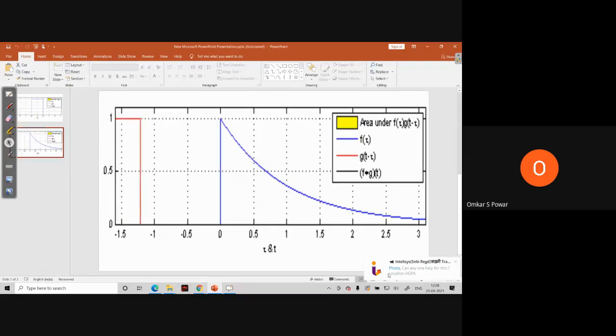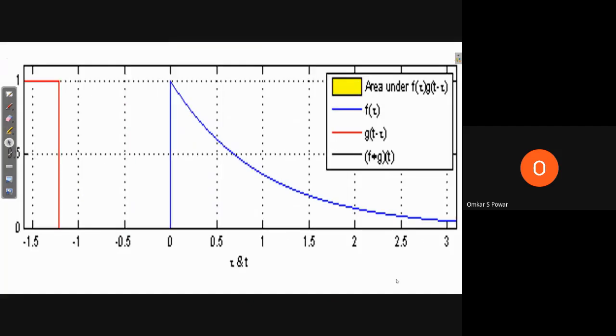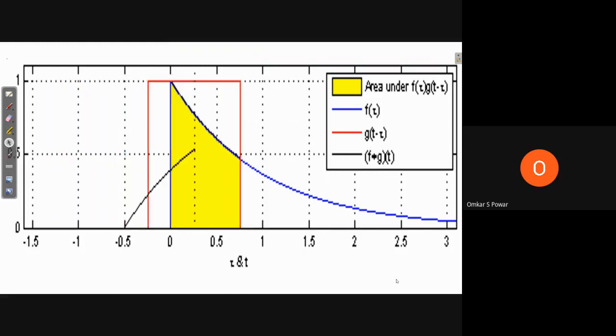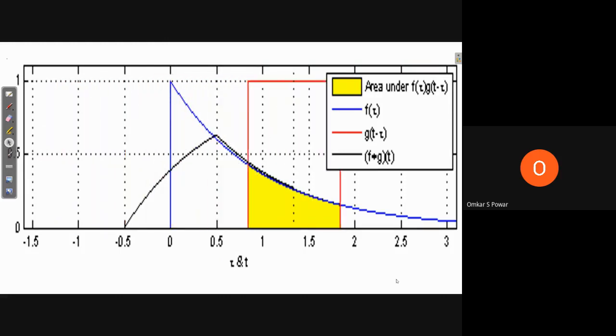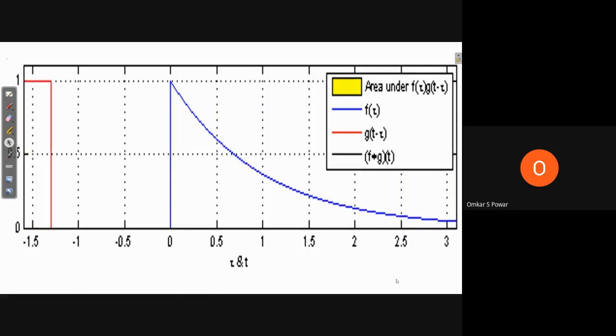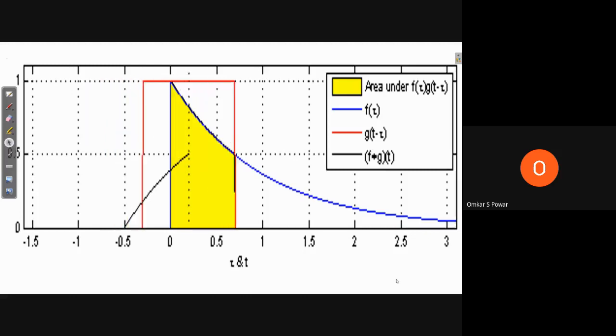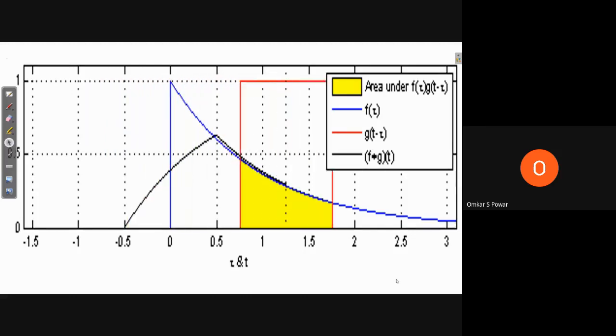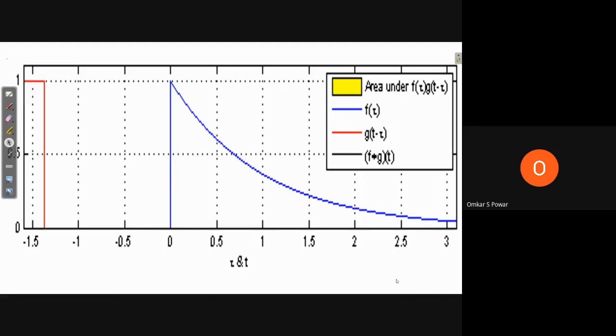So the second one I will show you, okay. Here you have one exponential decaying signal and the second one you have a triangle like window type, see how the convolution is going for this operation. Okay, so let's see when it comes again. Okay, yes, start now. Now you see it is 0. Once it crosses this 0, the area goes on increasing, and full maximum, and then it goes on decreasing. So whatever that black color you're seeing, it's the convolution of these two signals.